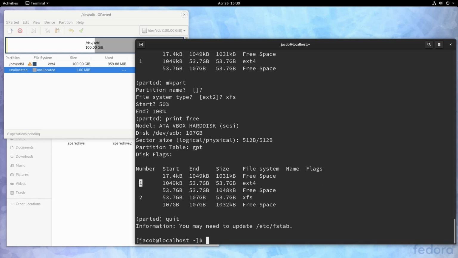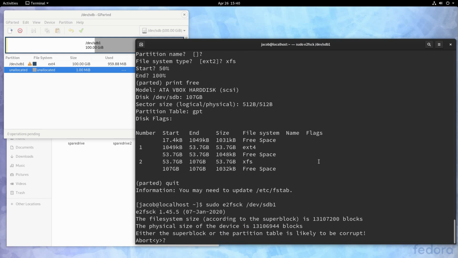it's a good idea to do this anyway after you resize a partition before you try to mount it. You'll probably figure out if there's a problem either way, but I should have done this last time we shrank a partition. I'm gonna do it now. We're gonna run a file system check, sudo e2fsck on /dev/sdb1. And let's see what we get.